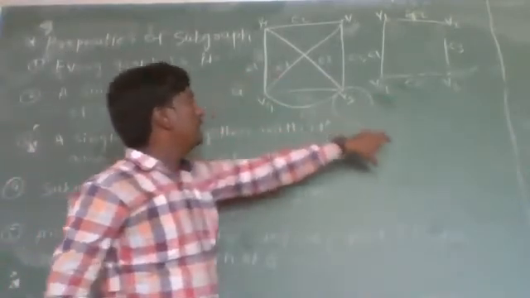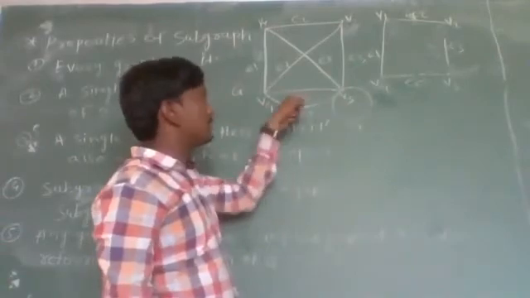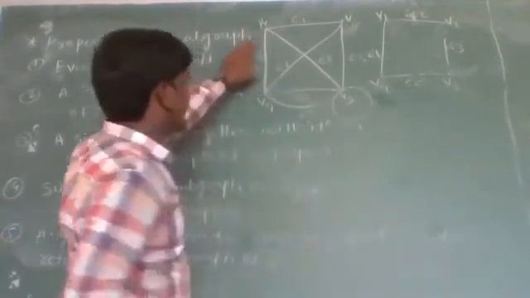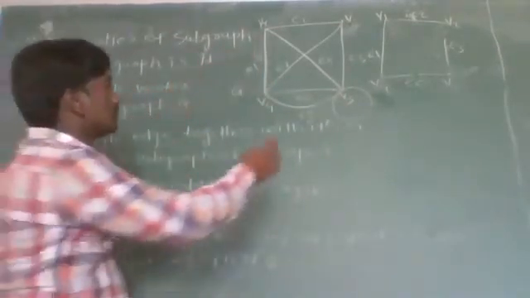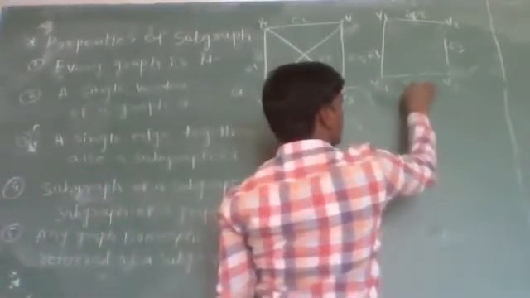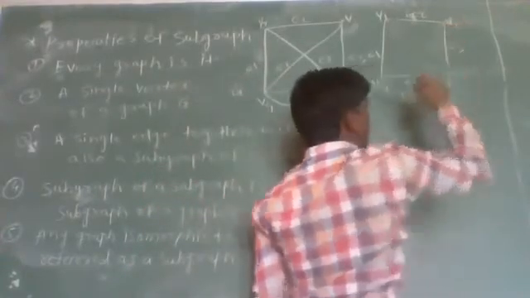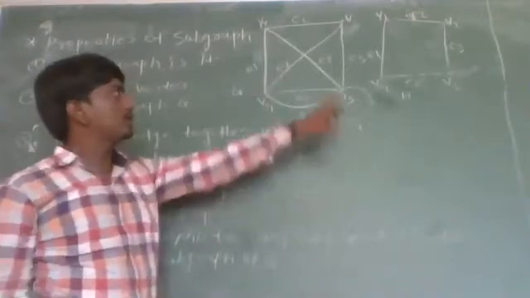Now in K, let us take the vertices on the edge in V3 and V4 as E6. Now this one is a graph G, this one is a subgraph H of a graph G. Now we have to find out one subgraph K which is isomorphic to this graph H.